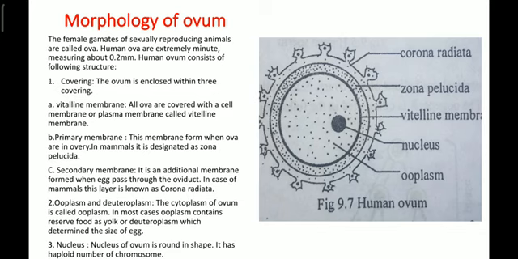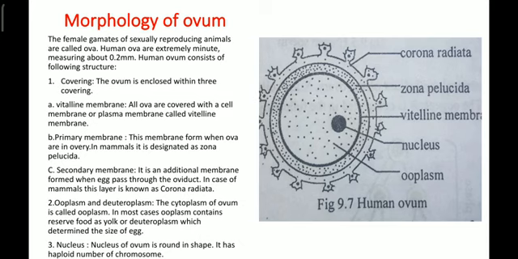Secondary membrane: it is an additional membrane formed when the egg passes through the oviduct. In case of mammals, this layer is known as corona radiata. If you look at the figure here, you can easily understand that the ovum is actually enclosed by 3 layers. The innermost layer is called the vitelline membrane, the middle layer is called the zona pellucida, and the outermost layer is called the corona radiata. So the ovum is actually encircled by the 3 layers,